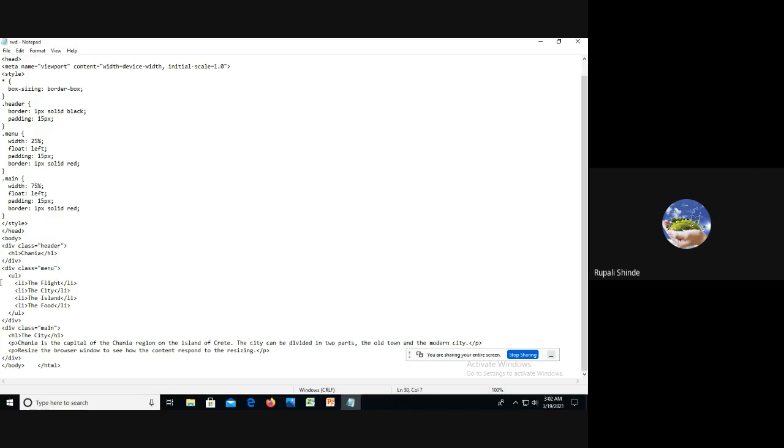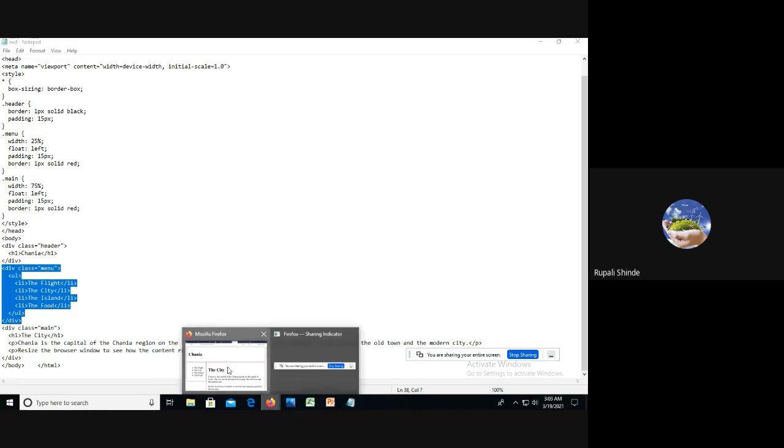The next div element has the menu. Now the menu style has width 25%. Float left. Float left means it will occur at the left side of your browser. That particular div element will occur at the left side of your border here.